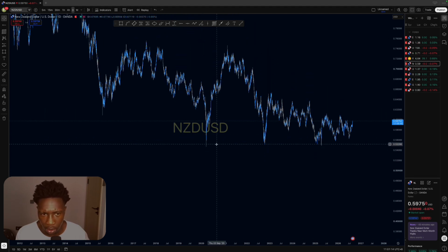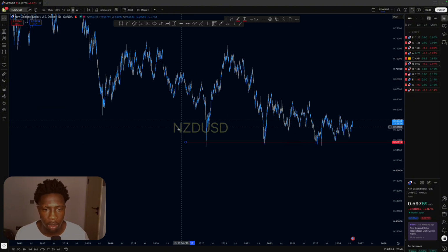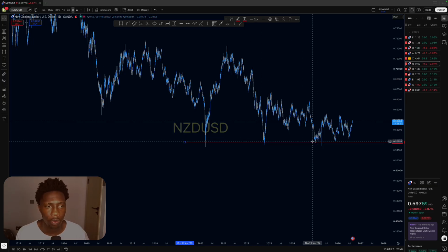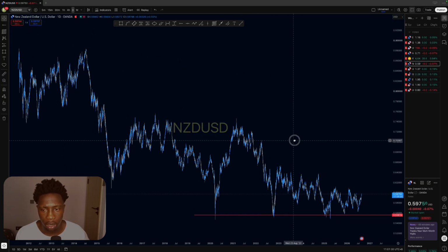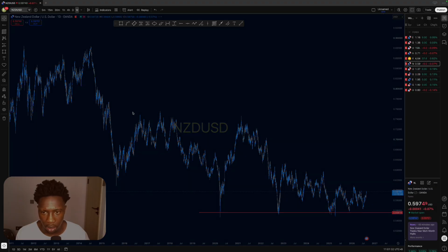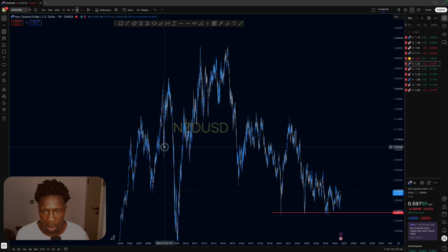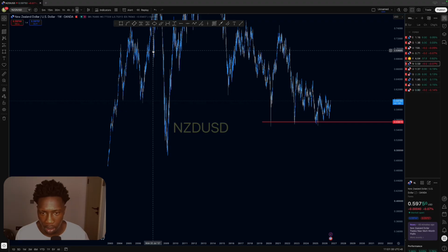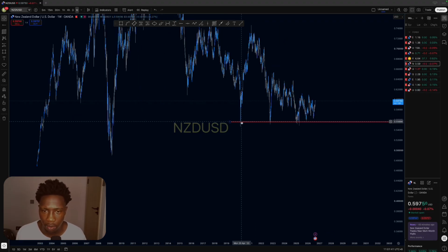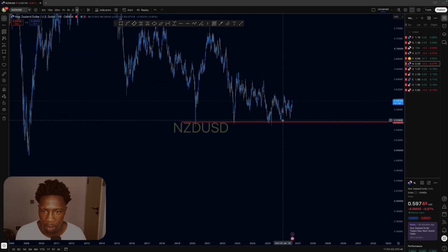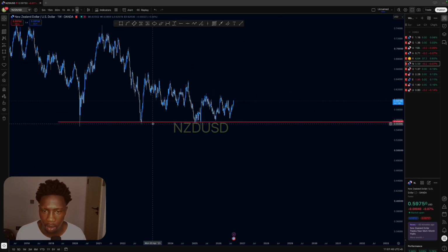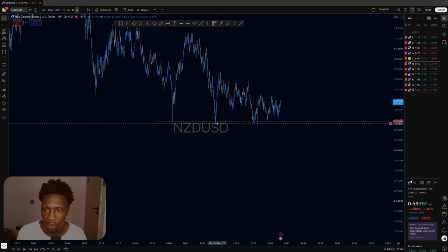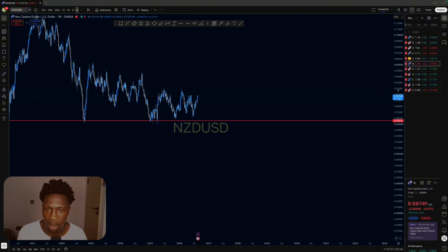if you see, all these lows are at the same level. These lows, this low, this low, this low, and the market is moving to the downside, but these lows are now at the same level. If you can see them, they're now at the same level. So I don't know what is happening to it,